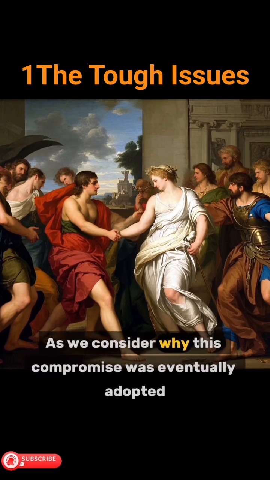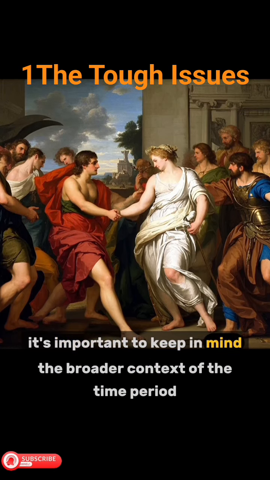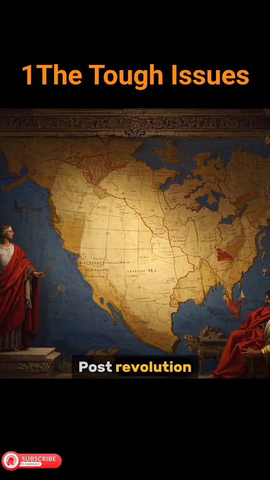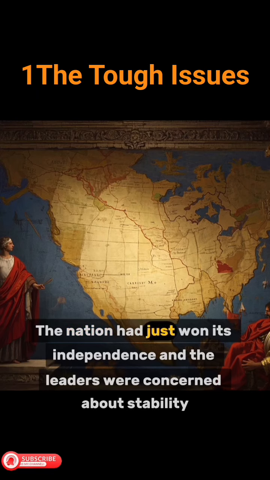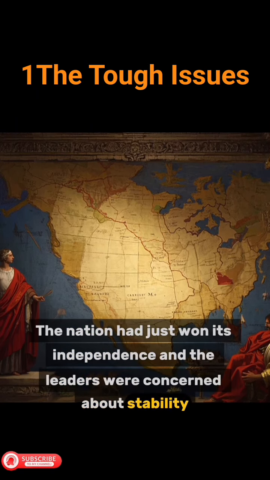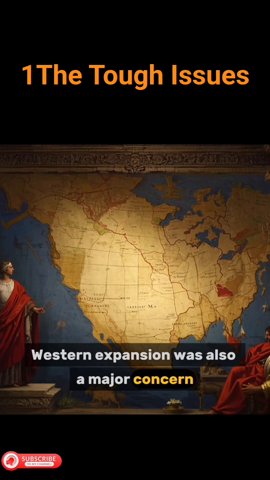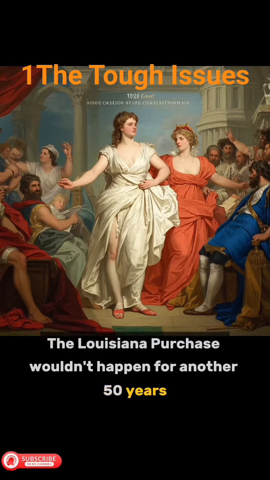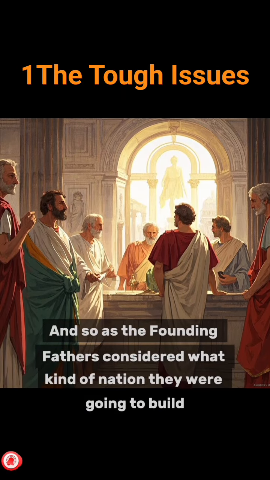As we consider why this compromise was eventually adopted, it's important to keep in mind the broader context of the time period. Post-revolution, America was in a fragile state. The nation had just won its independence, and the leaders were concerned about stability. Western expansion was also a major concern. The Louisiana Purchase wouldn't happen for another 50 years, and so as the Founding Fathers considered what kind of nation they were going to build,